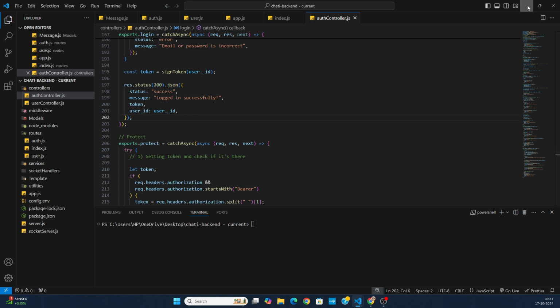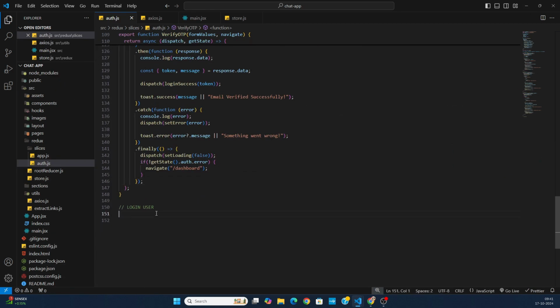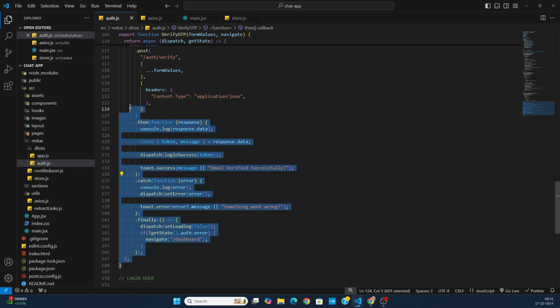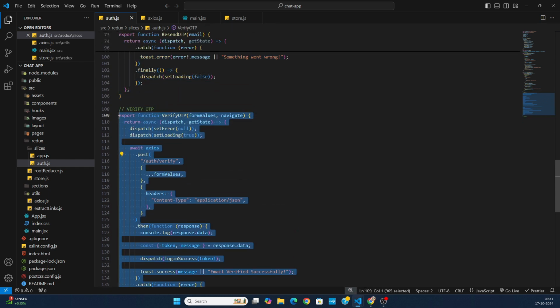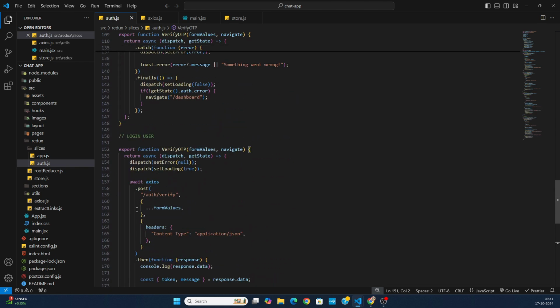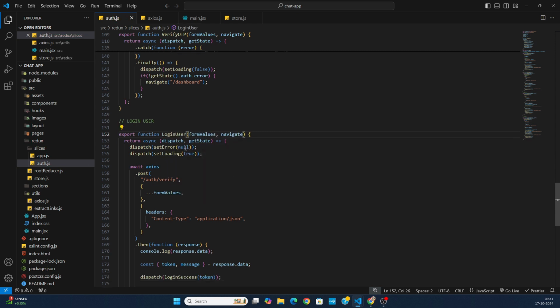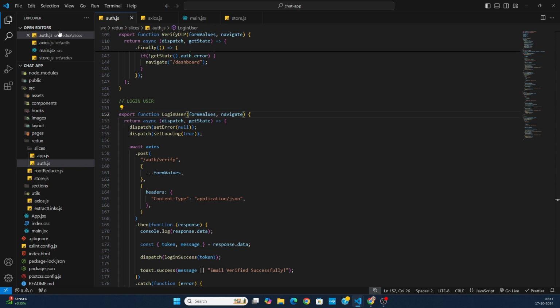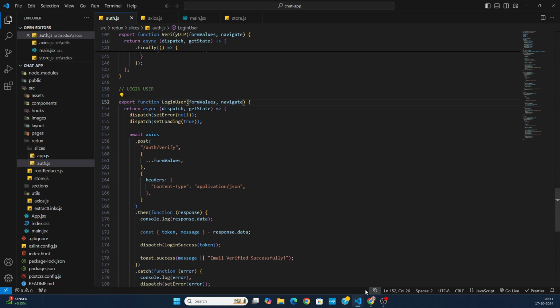Okay. So here I'm just going to go back and, in order to save some time, I'm just going to copy this verify OTP. Then I'll just paste it for the login user. First of all, let's change the name. So it will be login user, and we are again going to receive form values and navigator,